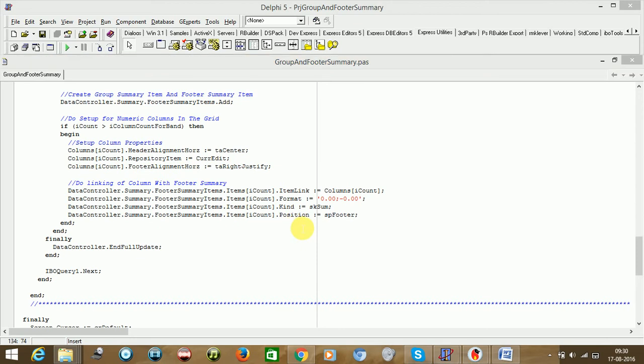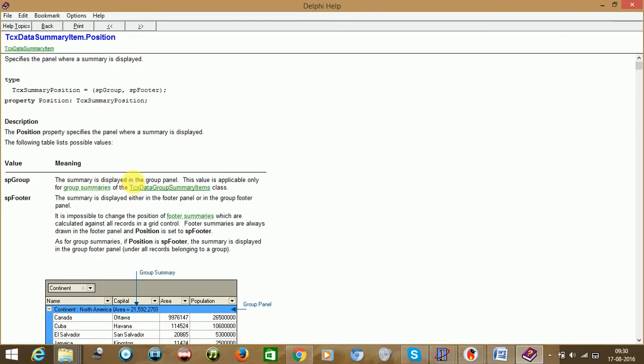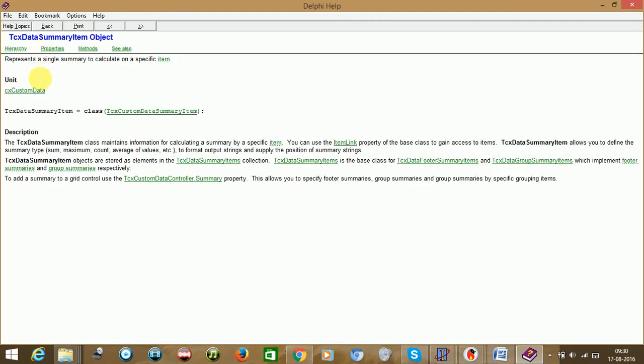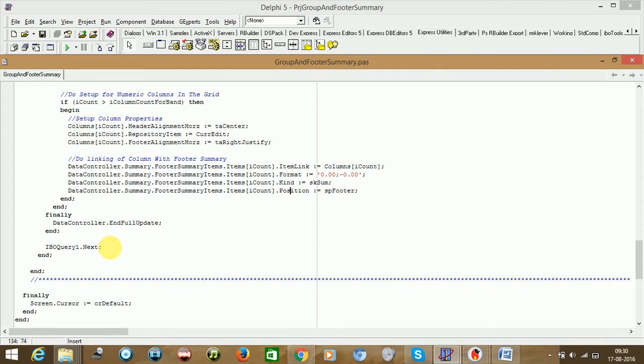Just see if we are missing something. CX custom data only, yeah, so not an issue. So up to this part we have come. Now what we need to do, we just need to say apply best fit here.